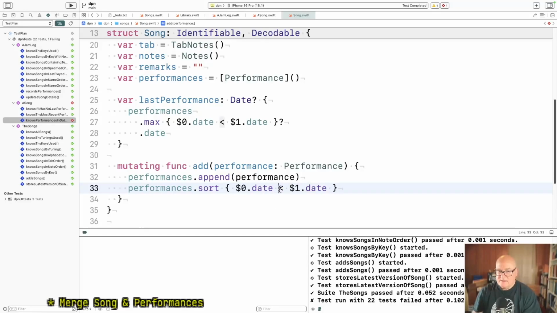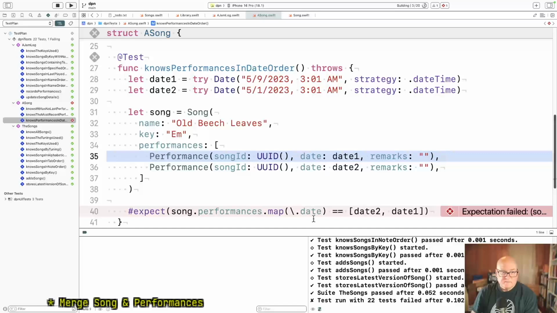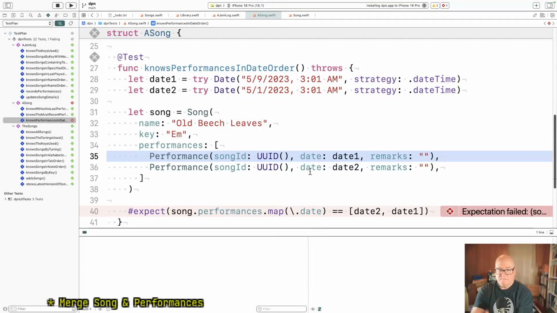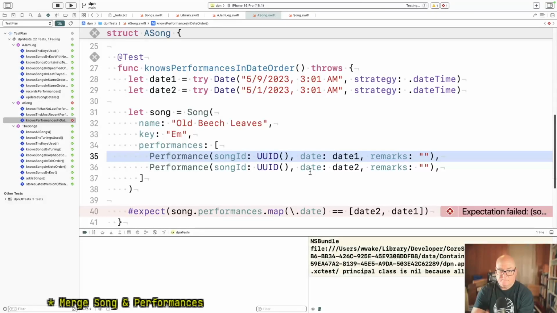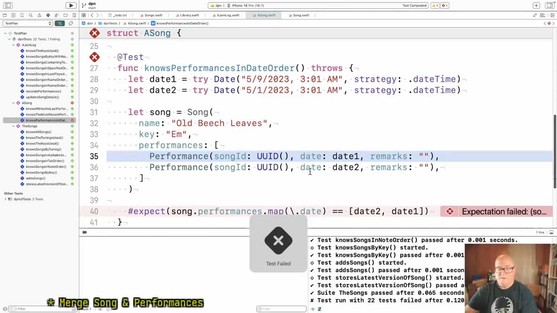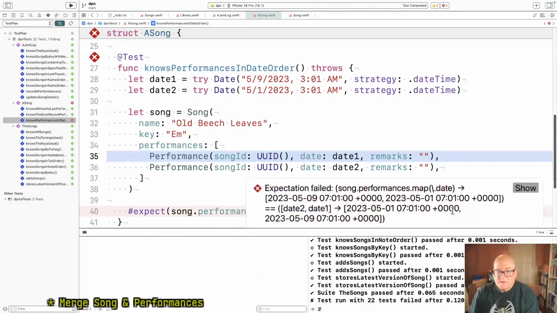I thought if you put less than, you got ascending order. Well, let's see if this fixes it. That will be interesting. No. How can it be wrong both ways?